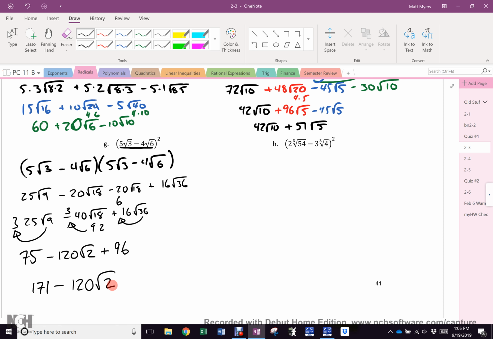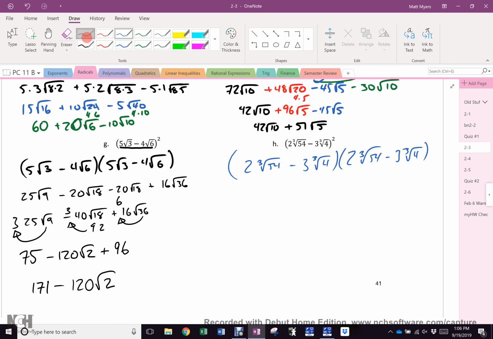Everybody cool? Most of you, I hope, recognize that it is 2 cube root 54 minus 3 cube root 4, and then again. You all recognize that, right? And all of you would recognize that this first one is going to be 2 times 2 and 54 times 54, right? Well, 54 times 54 is a huge number. Nobody wants to break that down. So some of you will simplify now, yes? And there's nothing wrong with that. But I submit to you,